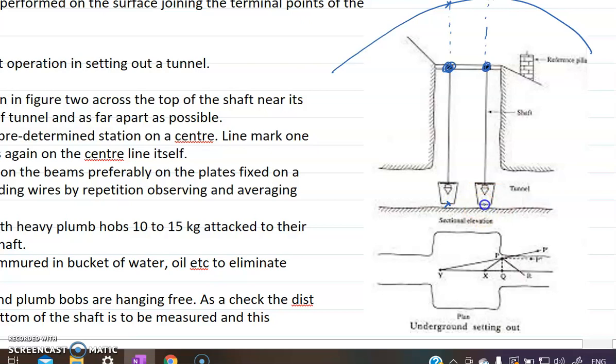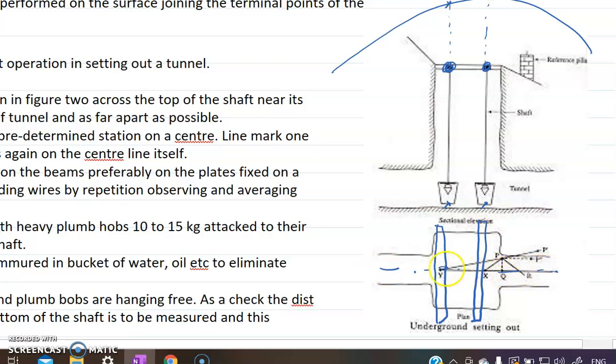Now once this point gets transferred down, these are called X and Y. So these beams X and Y, if I draw in the plan, there'll be beams like this. This is my center line on the surface.